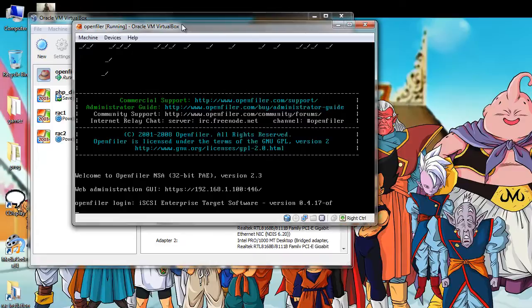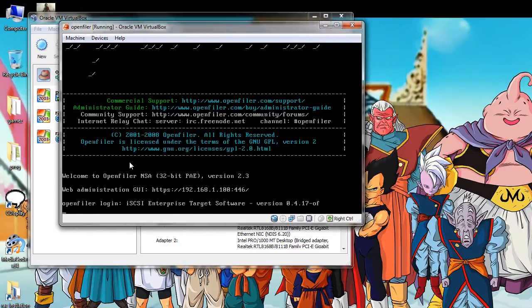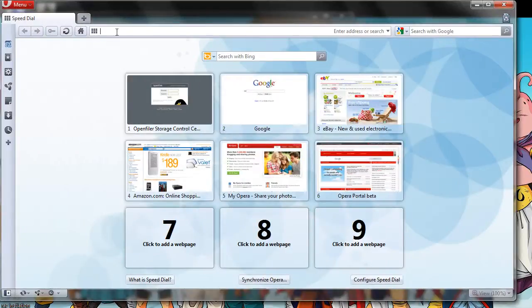Hello again, this is Ahmed Sherif continuing the Oracle RAC installation on Windows Server 2003 using OpenFiler as virtual SAN storage. Okay, I started the OpenFiler machine and here it gives me the web administration GUI address. This I'll just put in my browser. Okay, this is the address I assigned, and make sure you don't forget this